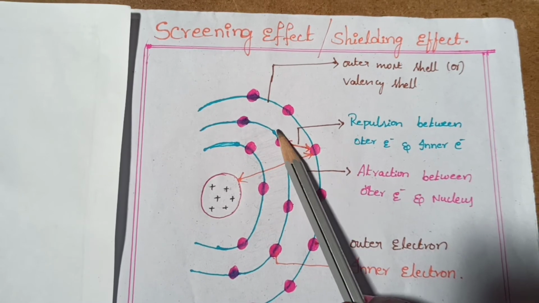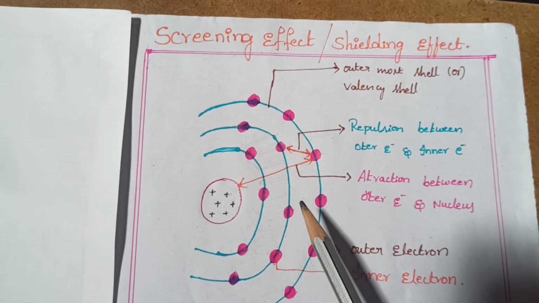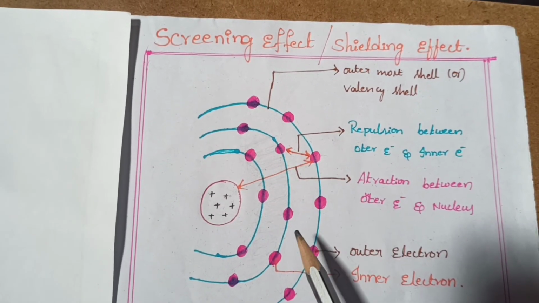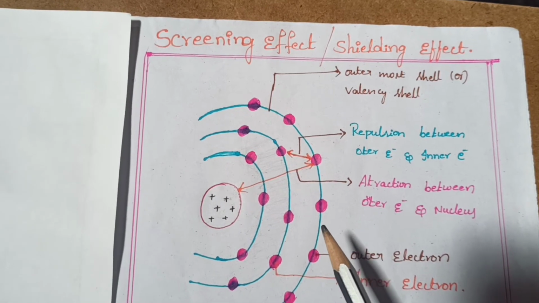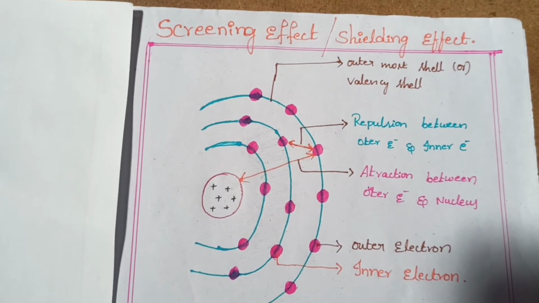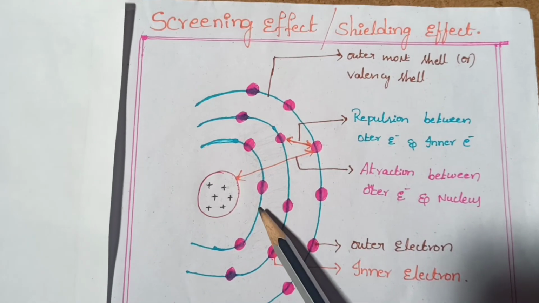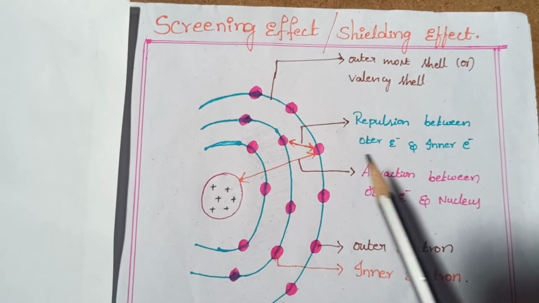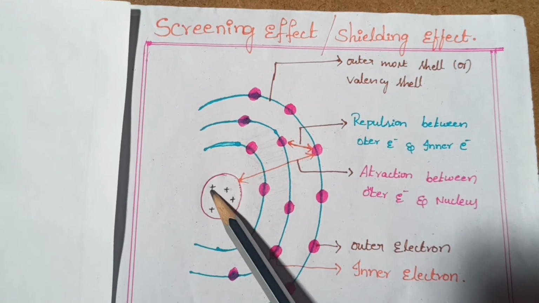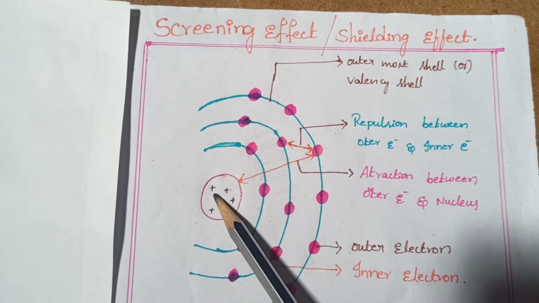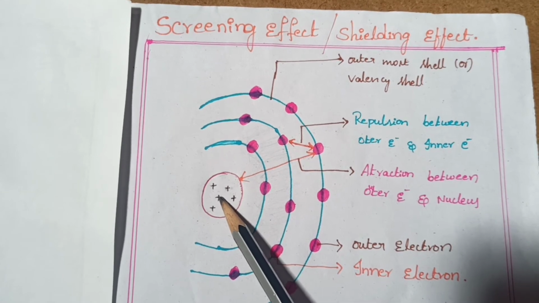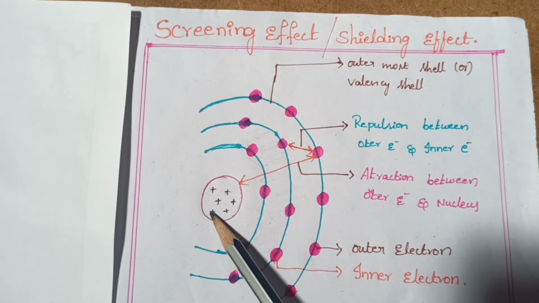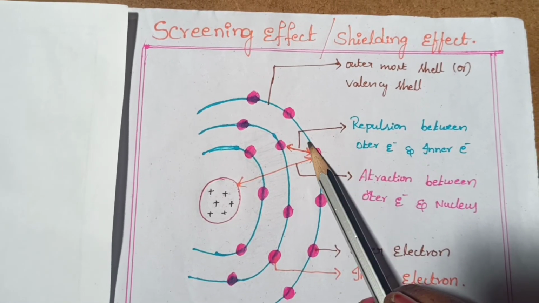Okay, like that, the screen these electrons are forming, this particular process is called the screening effect or shielding effect. Suppose I take one example. While we went for a movie, we just sat in our chair. Let us consider ourselves the nucleus. We are watching the movie, so we are the nucleus. Then the screen, let us consider that is the outermost electron.